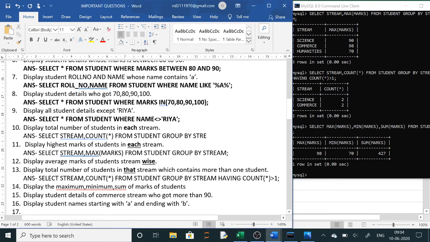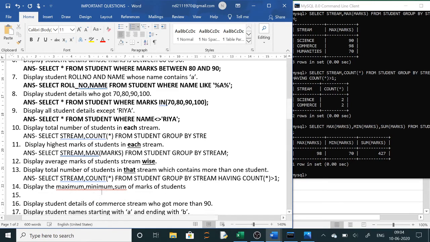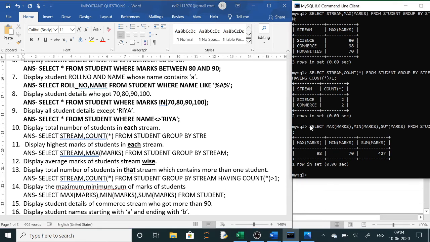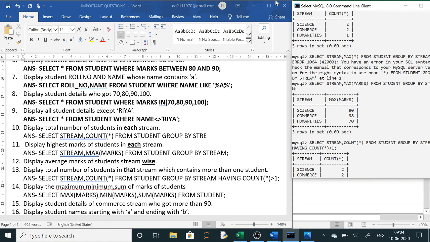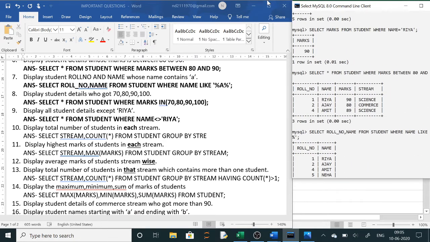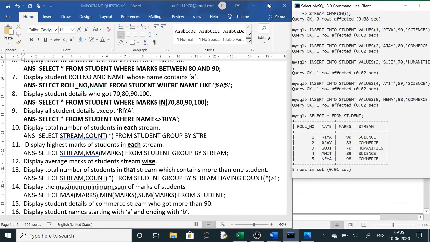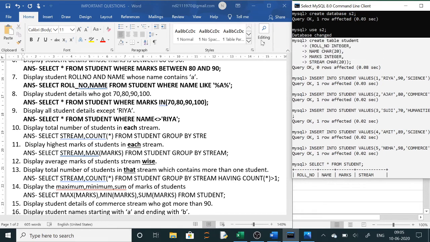This is your question number 14. So the answer of question number 14 is student, semicolon. Now I am copying this along with these portions, because you will get these outputs also. So all these outputs we will copy at one place, and the create table output is only a query.